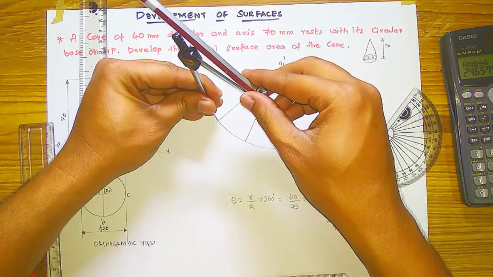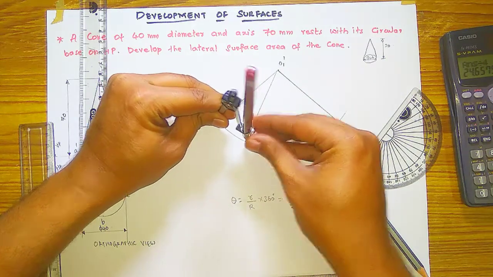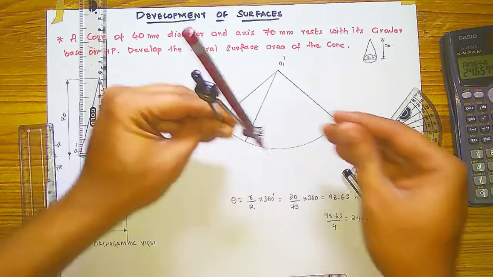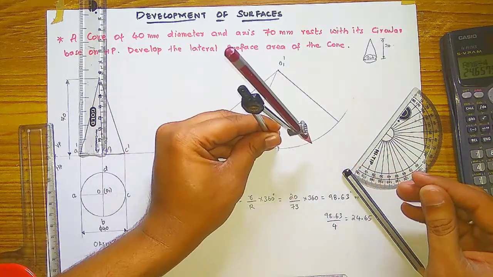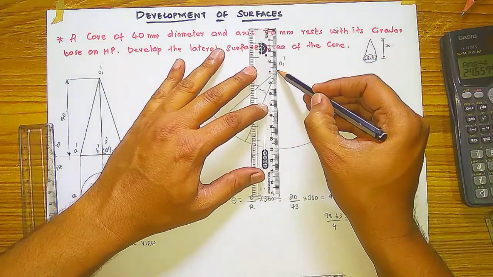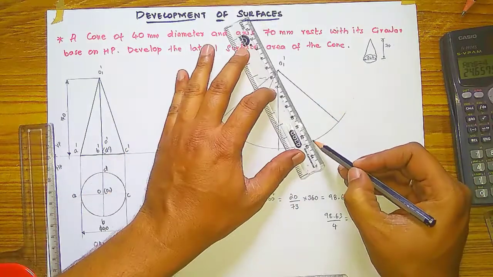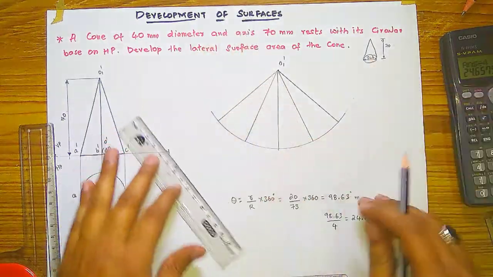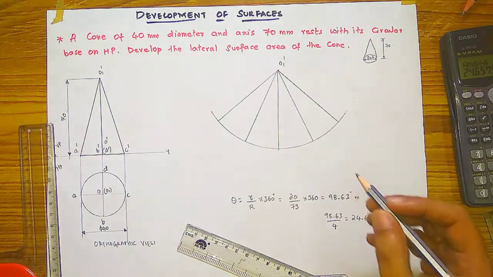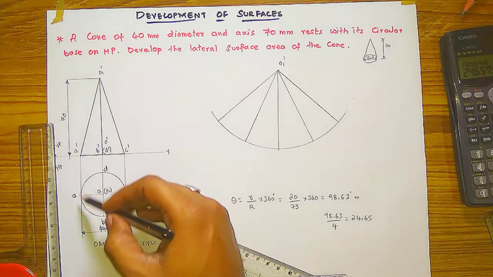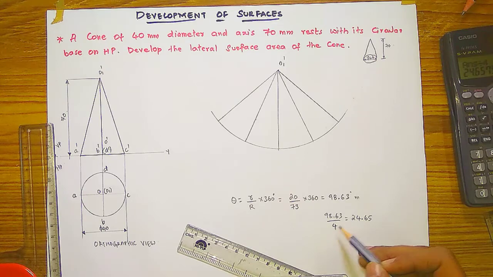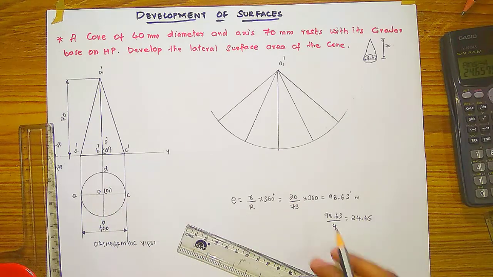With this you measure on the divider correctly and take the arcs like this. All 4 sides you will get, slant edges you will get. So join this line also with the arcs and you will get the 4 lines, okay. And this each will be 24.65. If the circle is divided into 8 equal parts, you have to divide this number by 8. If 12, you have to divide by 12, okay.